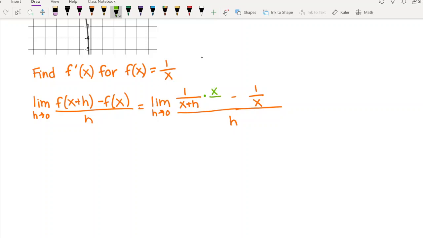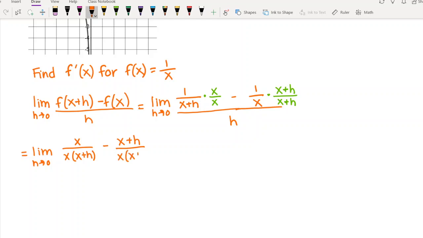And then we're going to multiply this one by x plus h over x plus h. So that's going to give us the limit as h approaches 0 of x over x times x plus h minus x plus h over x times x plus h